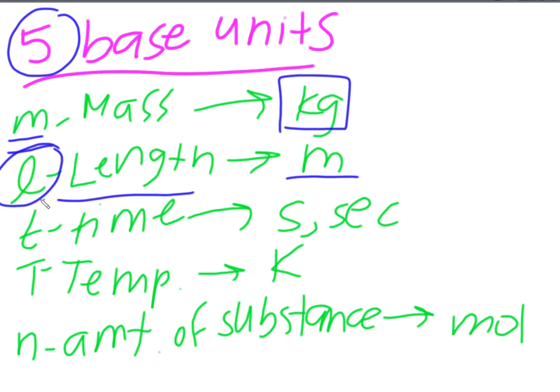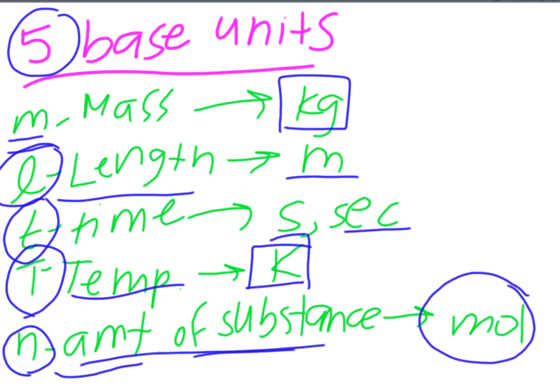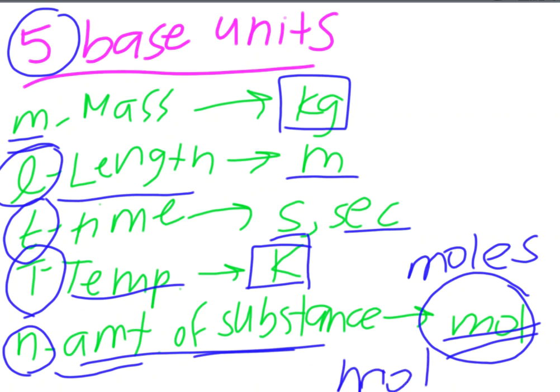You have time, which you can signify with the lowercase t, and you can measure it with the base unit seconds, which can be lowercase s or SEC. And then you have temperature, which you can signify with uppercase T, and that goes to kelvins, which you can signify with the uppercase K. And then you have n, which signifies the amount of substance, and the base unit for that is moles. This is how you spell moles regularly, but if you shorten it, it's just MOL. So those are 5 base units